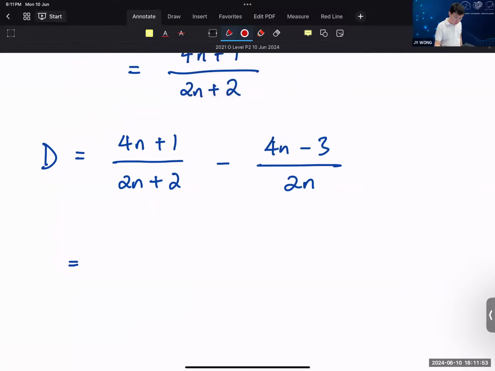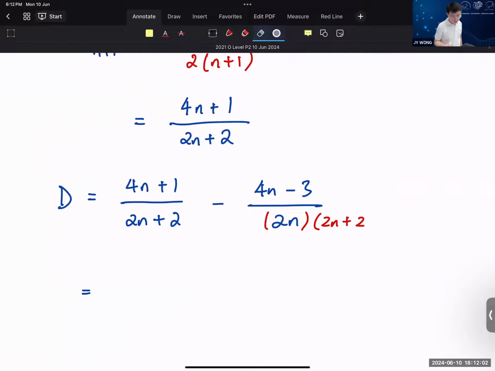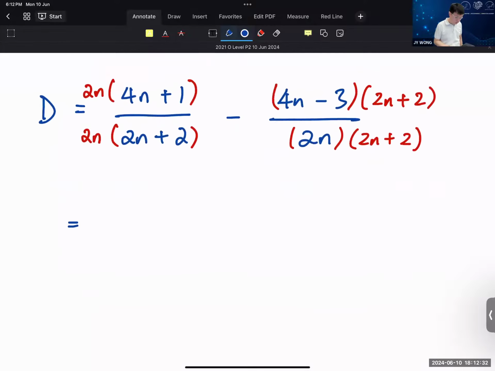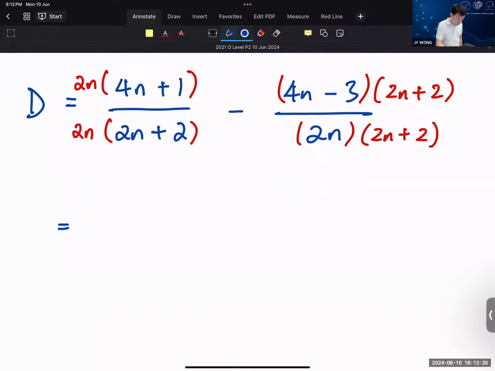Okay, but regardless, we multiply by the common denominator first. It's in the factorized form, which means I only want to expand the numerator, not the denominator, but it's fine since I already expanded. So you multiply this by 2n, and then you multiply this by 2n plus 2. Because I expanded it, later you need to know how to simplify it. It will be simplifiable because I expanded it. I should have just left it in the factorized form, but it's fine. Okay, so this will give you